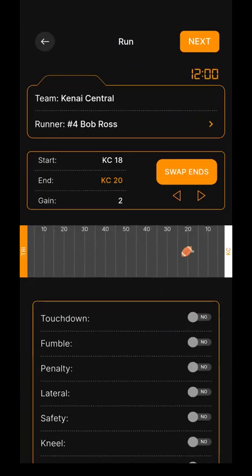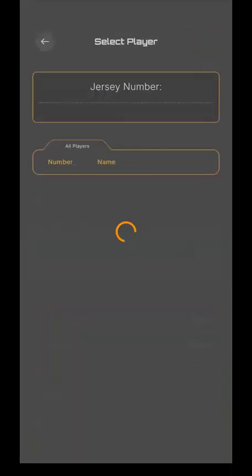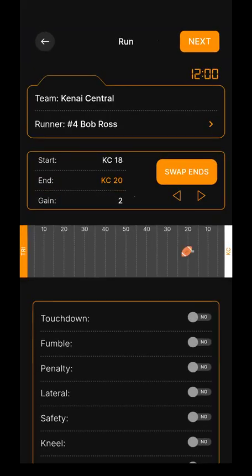So the things you're allowed to do when you edit a play is you can change the player, or you could change the yard line, but you would not be able to change any other options down here. And the reason for that is when we start changing those options, there are some other trickle-down effects within the rest of the application. We're just trying to limit it right now for edit plays to just the player and